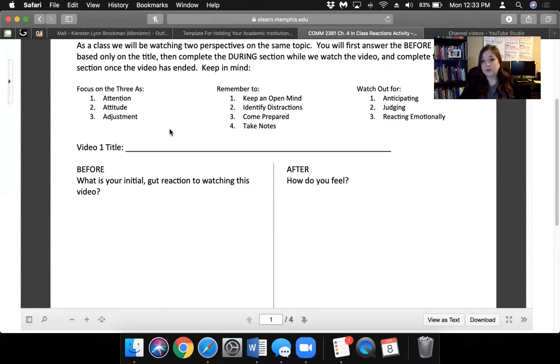How can I remove some of that frustration? How can I rationalize through it? Remember to keep an open mind, identify any distractions, things like these. Mine is upside down and turned on silent. Identify any distractions, come prepared,